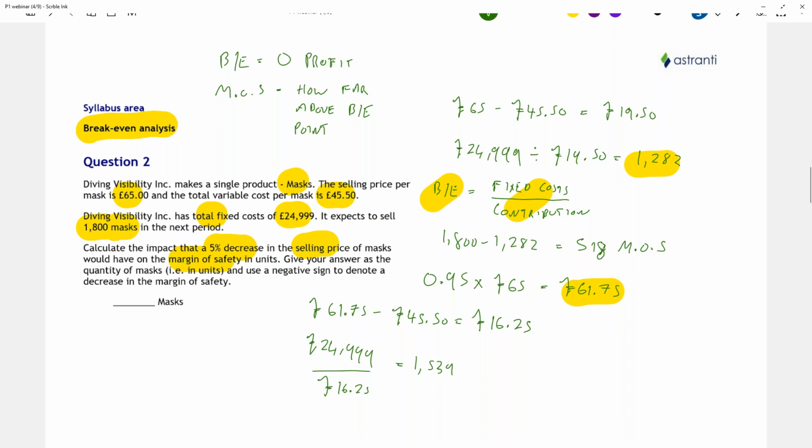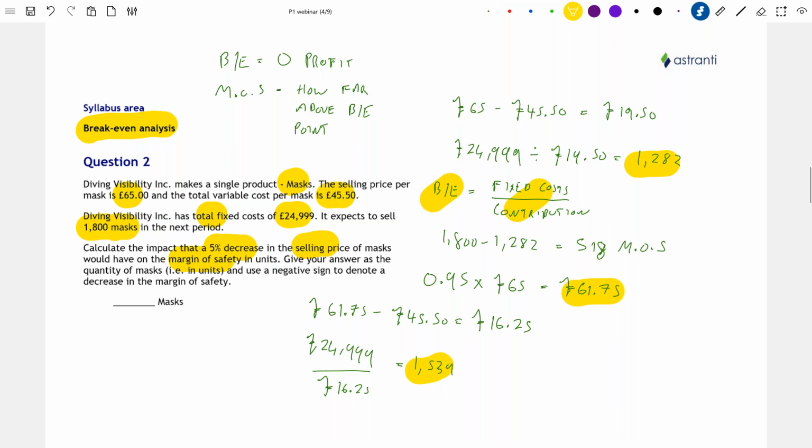So if we were to round down 1,538.4, like we normally would in other areas of maths, then this would actually take us to a number of sales slightly below which was necessary to break even. We'd actually have to sell a whole additional mask in order to break even. So the minimum sales volume of mask that we can sell and cover all of our costs following the price reduction is